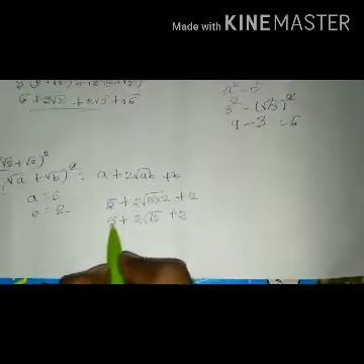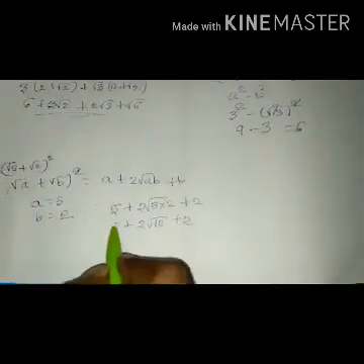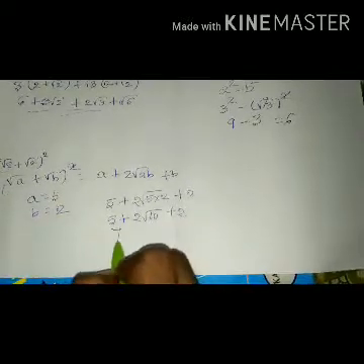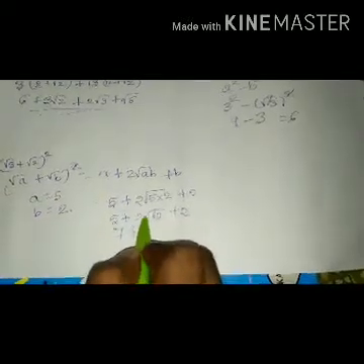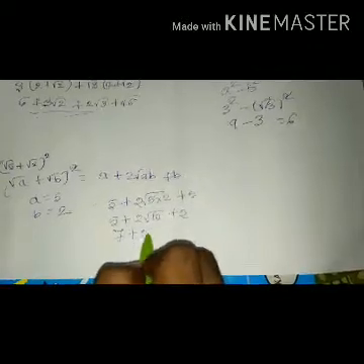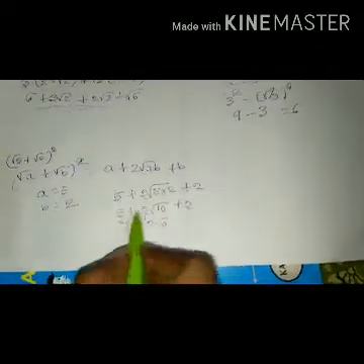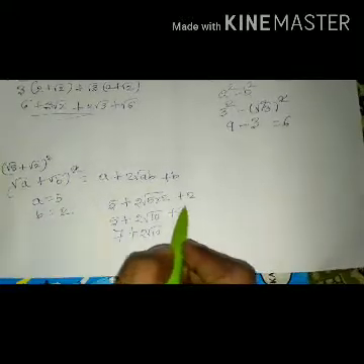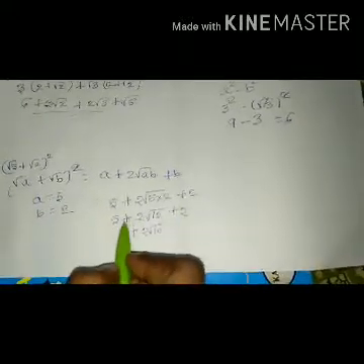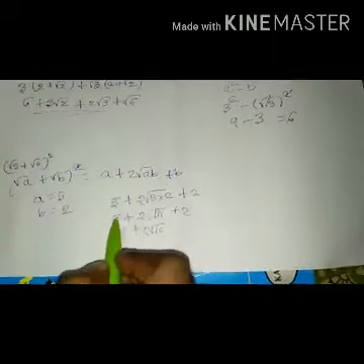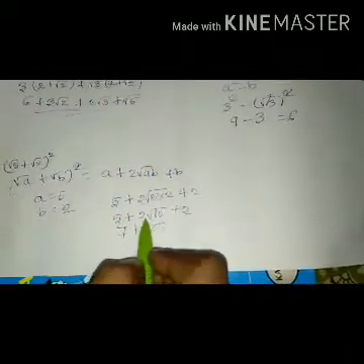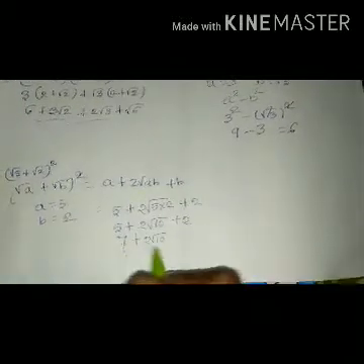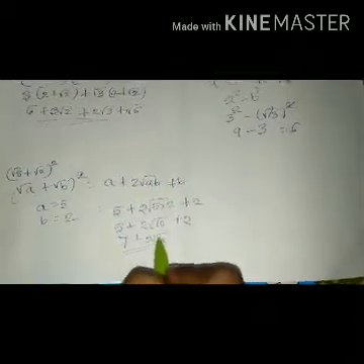So here there are two rational numbers, that is 5 and 2. Add these two numbers, 5 plus 2 is 7, plus here 2 root 10 is an irrational number. So we can only add rational and rational or irrational and irrational. We have two rational numbers 5 and 2. The sum of these two numbers is 7, and we are left with one irrational number, that is 2 root 10. So its value is 7 plus 2 root 10.